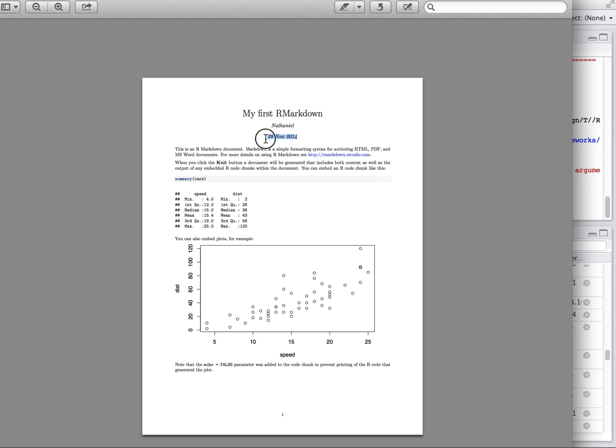My name and the date, and then here's our text. And then you'll see that after the text, it shows what looks like and what is proper R code and our output. And it automatically puts in the page numbers and things like this. So really, I think this is the nicest way to be presenting your analyses from R,